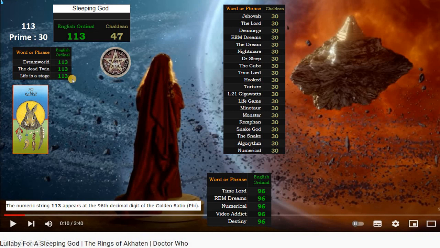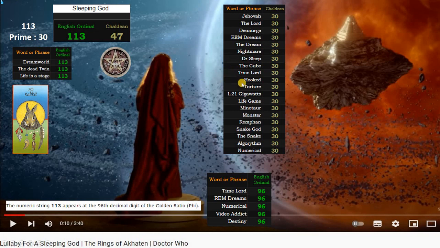113 is the 30th prime number, and 30 is linked to the rabbit medicine card that represents the demiurge Kronos, that is Saturn. Words with 30 in Chaldean include Jehovah, that is the God of the Old Testament, the Lord, demiurge, REM, dreams. Again, we have this phase of sleep, and then we have the dream, nightmare, Doctor Sleep, all related to the God of Sleep, the cube, Time Lord, that is Saturn, of course, the cube is the cube of Saturn,